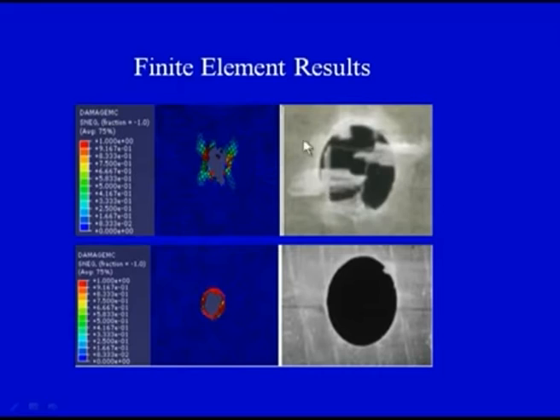Although this is a magnified view just to highlight the damage area, so we cannot say one-to-one matching here, but we can see qualitatively the areas are damaged around the hole, and here also we can see the damage has been reported or predicted using the finite element method. Here we can see damage is there, here also lesser damage, here also lesser damage, more damage has been found experimentally. Under a similar set of conditions, more damage has been predicted using the finite element method.